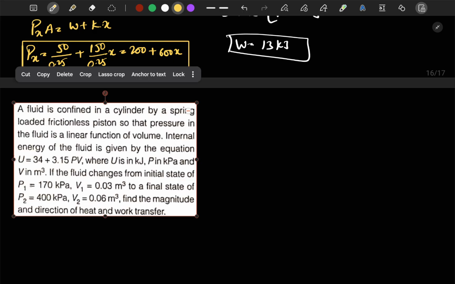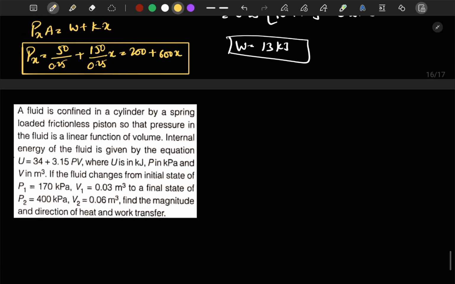So this question will include the first law of thermodynamics, so we will solve it later. We will close today's session here, and in the next lecture we will study the first law of thermodynamics and heat transfer equations for various processes. And then we will come back to this question and a few more questions which will be included in that chapter. Thank you for